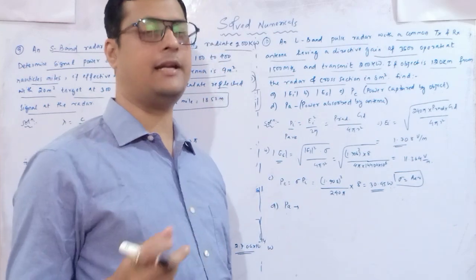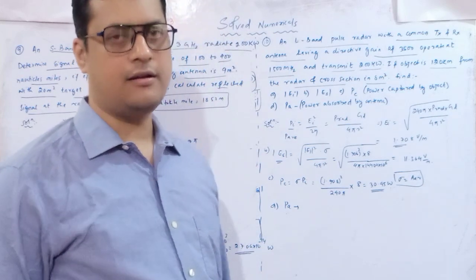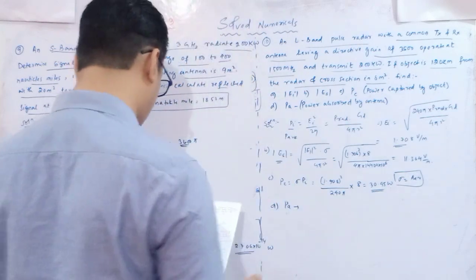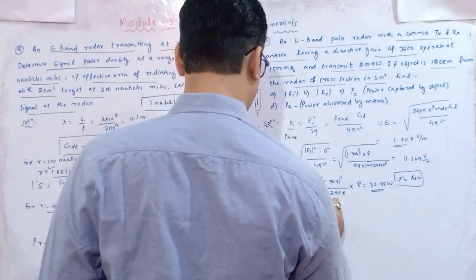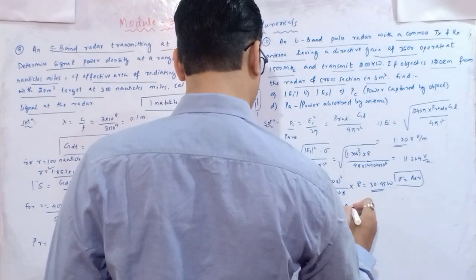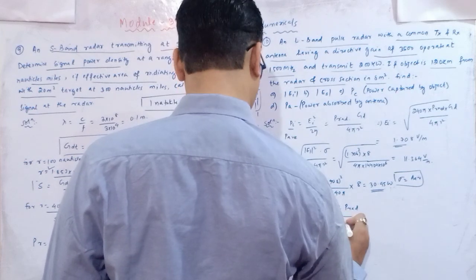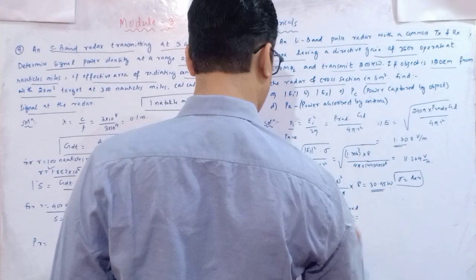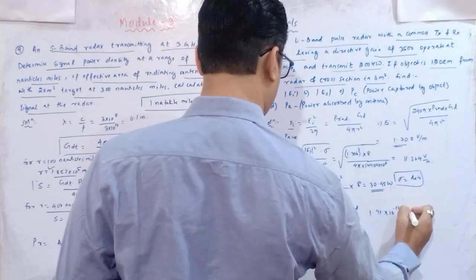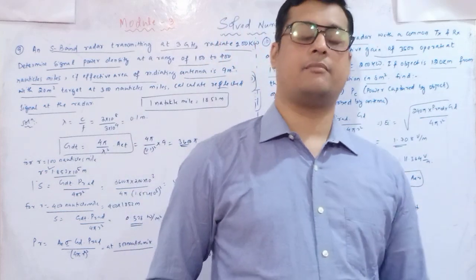But power received, it depends upon effective area of a receiver, GDT, GDR, power radiated, even with respect to the lambda also. Okay, so that we are going to substitute here. So it is lambda GD whole square into sigma means area into P rad divided by 4 pi whole cube r to the power 4. So if you solve all this value, you will get 1.91 into 10 to the power minus 12 watt.